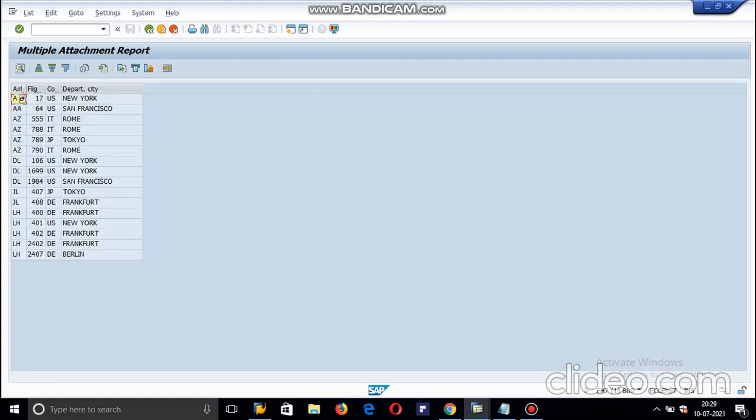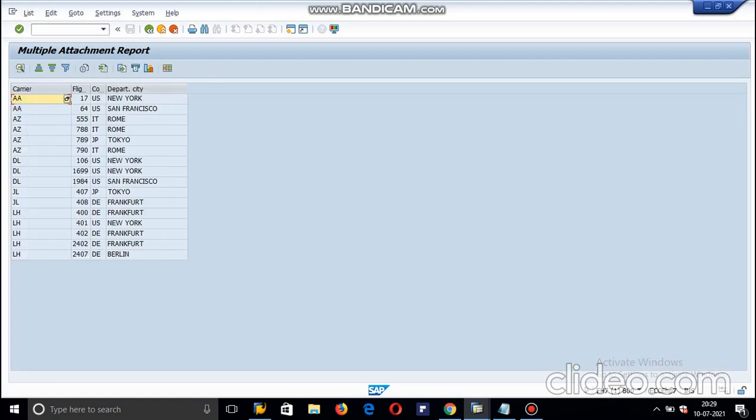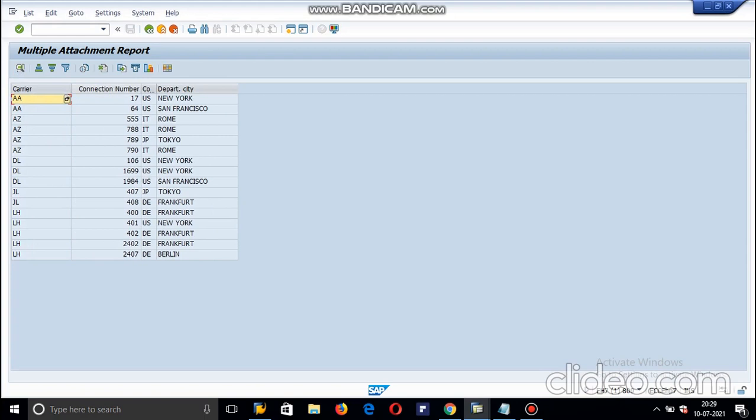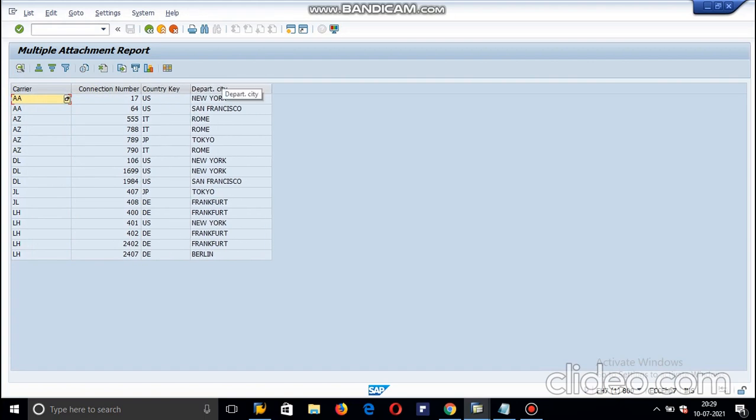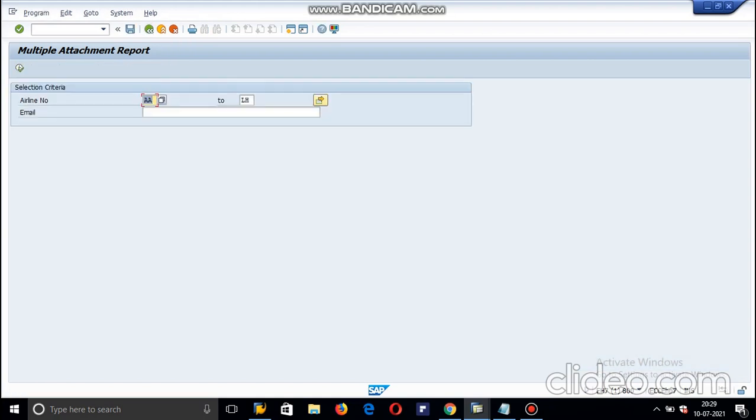So what we can see is the ALV coming, and you can see the data over there. Now going back, I put in my email ID and execute in background mode.